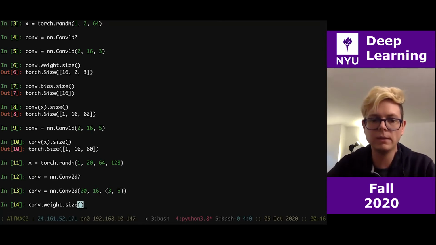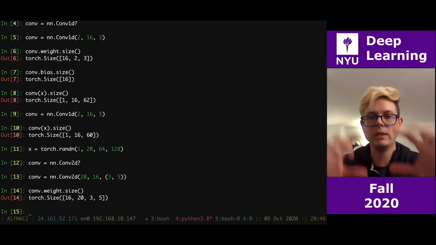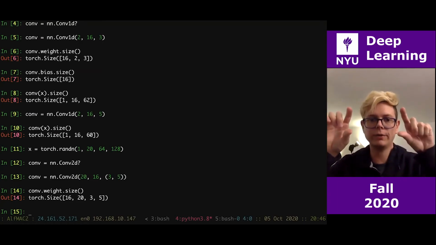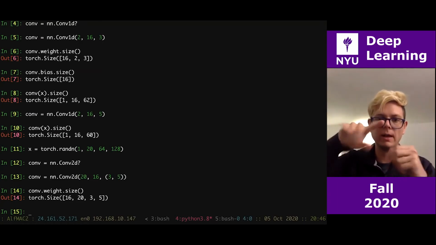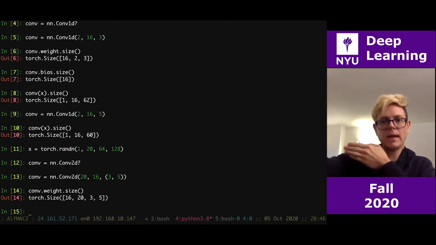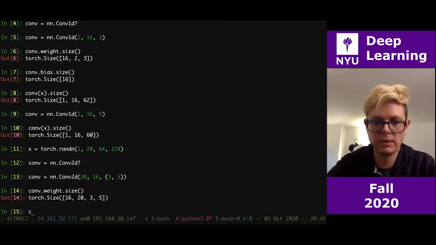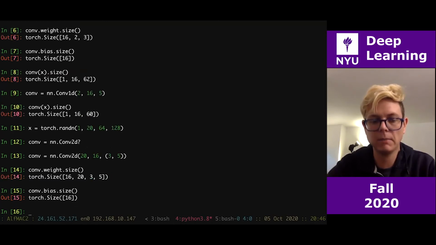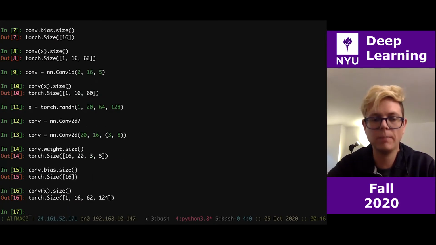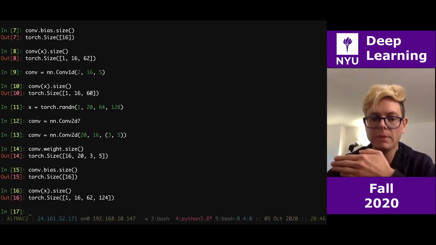So the size of the weights is going to be 3 and 5, right? We have these kind of patches, which are height of 3, width of 5, 20 channels in depth, and then I have 16 of these items. And then, same as before, if we check the biases, we still get the same 16 biases. And finally, as Eric was pointing out, if we apply the convolution to my input X and we check the size, we're going to get definitely one batch of 16 in depth,